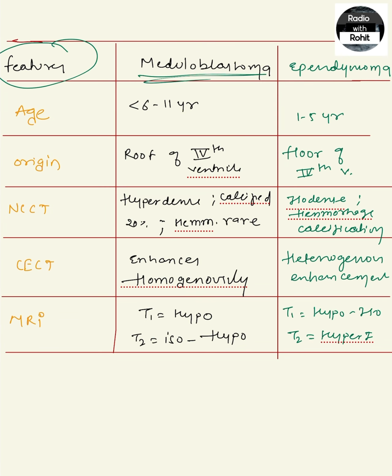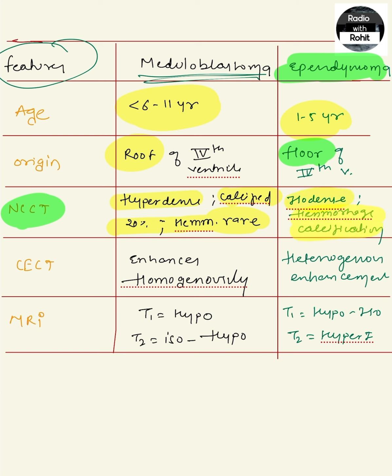Here is our medulloblastoma and here is our ependymoma. So medulloblastoma presents at the age of 6 to 11 years while ependymoma is present in 1 to 5 years of age. Origin is from the roof while origin of our ependymoma is from the floor of the fourth ventricle. On NCCT scan, here we can see that it's hyperdense, calcified, 20% hemorrhage is rare, while ependymoma is isodense,